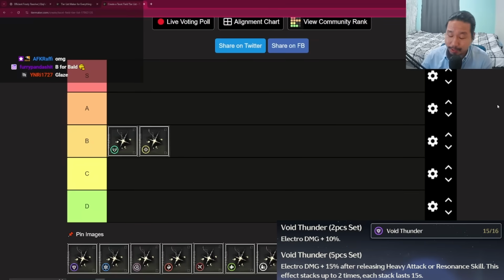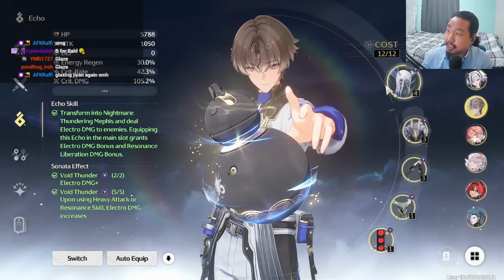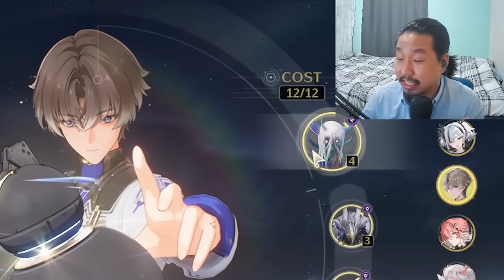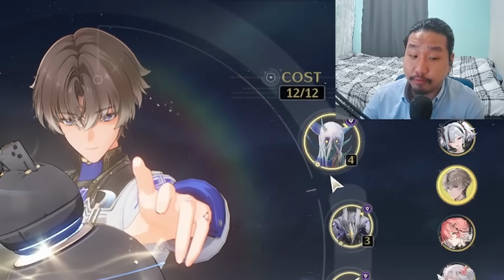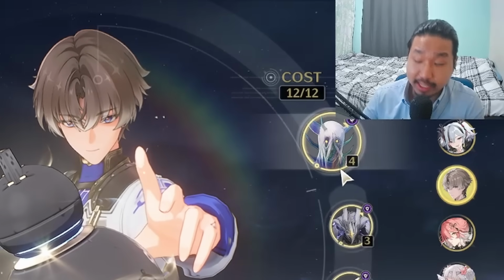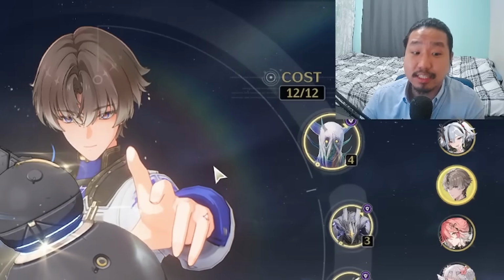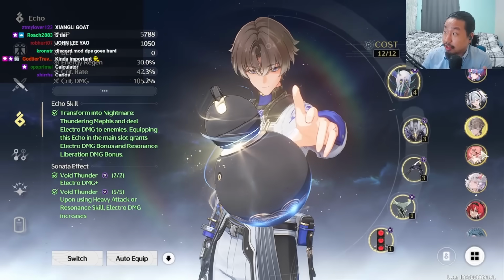And this set's a little bit interesting. The main user of this set is going to be Zhang Liao. And with the addition of the new Nightmare Thundering Mephis Echo, this set has a lot more potential, especially due to the fact that the old 4-cost Echoes that it used to have were really clunky to use and didn't really feel that great at all. However, there is an important factor with this set, and that's the fact that it has a lot of potential